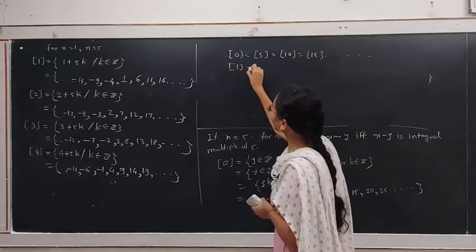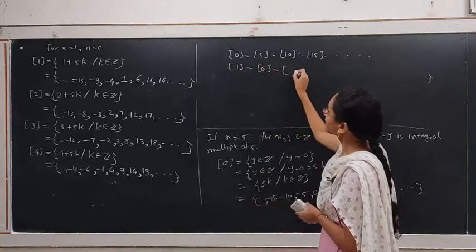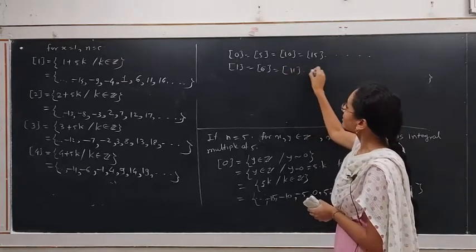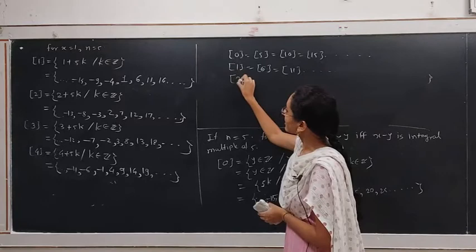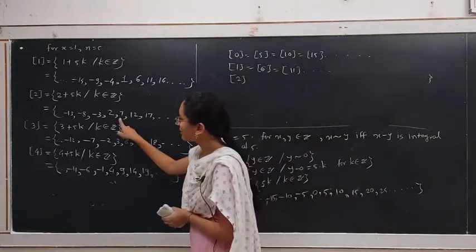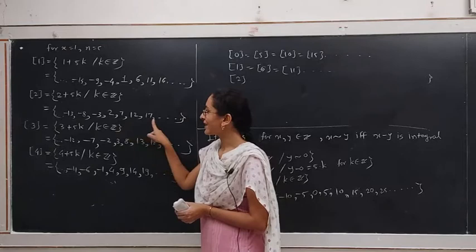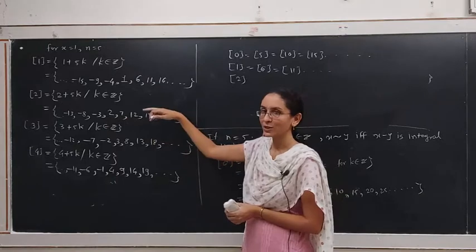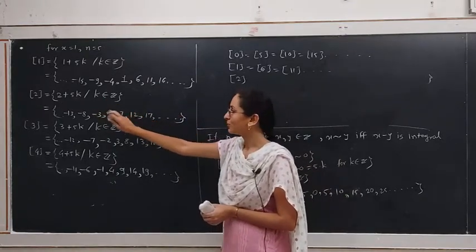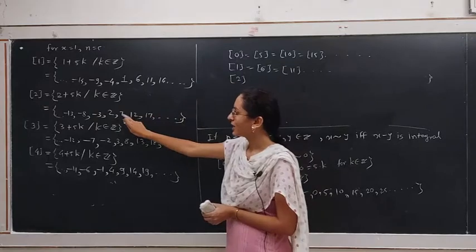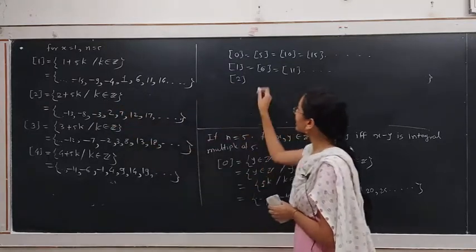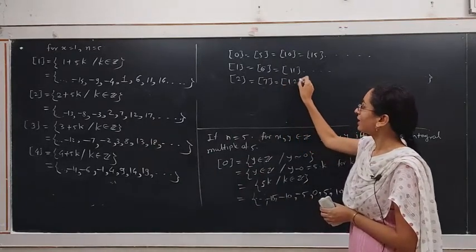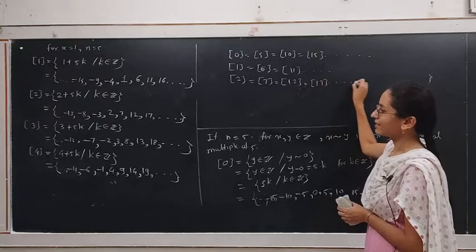Similarly, the equivalence class of 1 is the same as the equivalence class of 6, is the same as the equivalence class of 11 and so on. Also we have the equivalence class of 2. Which elements belong to the equivalence class of 2? 7, 12, 17 and so on. Hence all these elements have the same equivalence class as that of 2. 2 belongs to the equivalence class of 2, and 7 belongs to the equivalence class of 2, hence this equivalence class is the same as 7. This is also the same as the equivalence class of 12, equal to the equivalence class of 17 and so on.